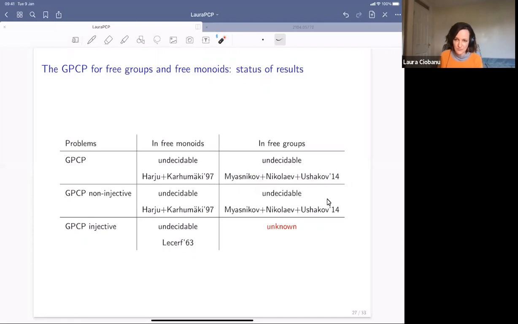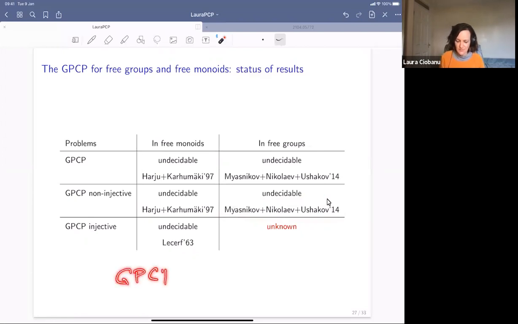And when you look at their proof, it turns out the maps they're using are both non-injective. So in fact, when at least one map is injective, we still don't know. And there's something else to be said about this paper: they're looking at all these problems not just for free groups, but for nilpotent groups and a lot of other classes. And also something to be said is that